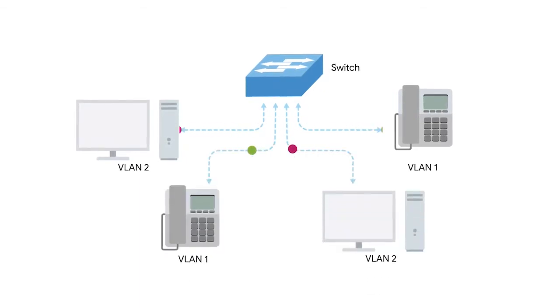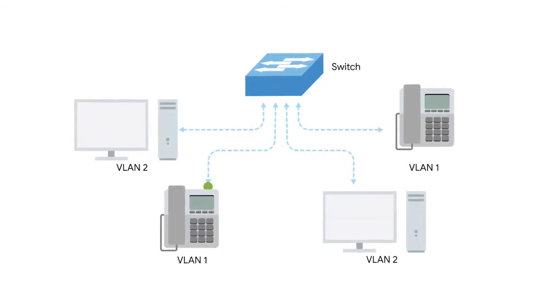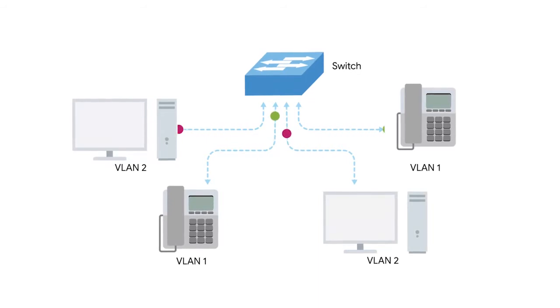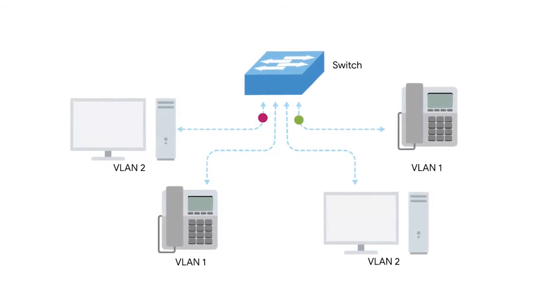Any frame with a VLAN tag will only be delivered out of a switch interface configured to relay that specific tag. This way, you can have a single physical network that operates like it's multiple LANs. VLANs are usually used to segregate different forms of traffic. So, you might see a company's IP phones operating on one VLAN, while all desktops operate on another.